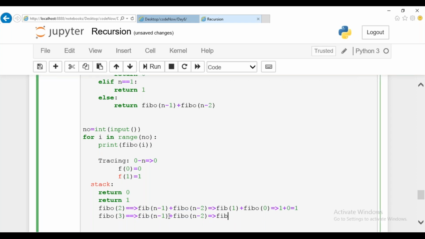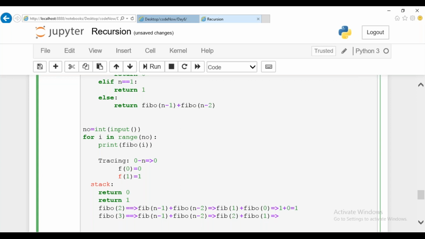Fibo of 3 minus 1 is going to give you Fibo of 2, since n value is 3, plus Fibo of 3 minus 2, which is Fibo of 1.